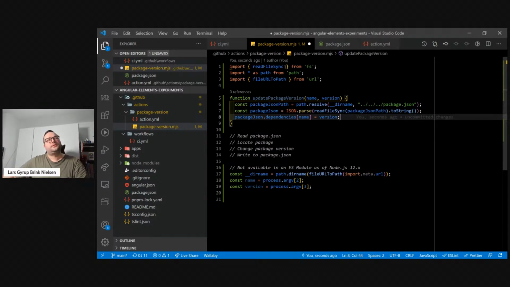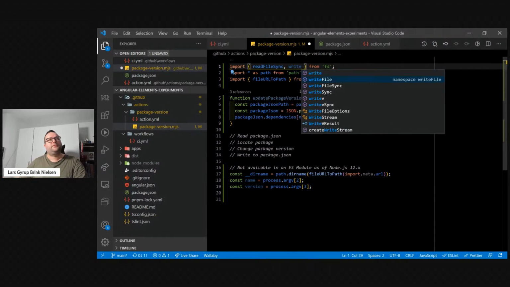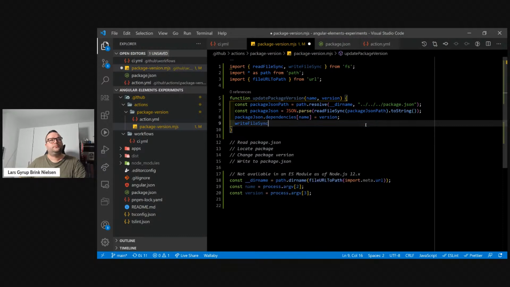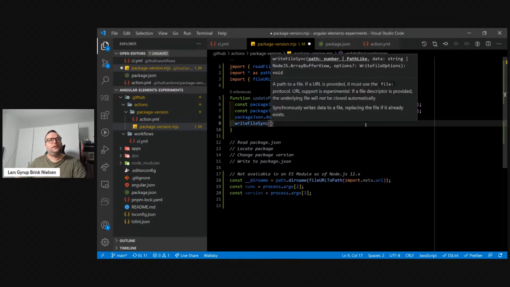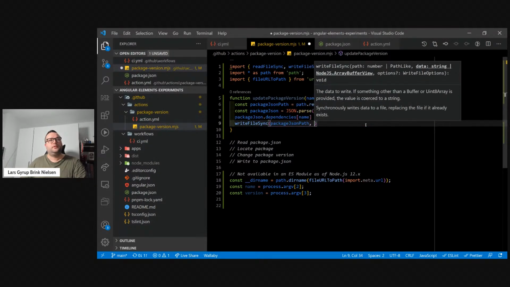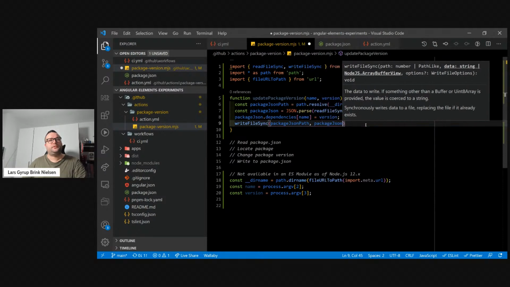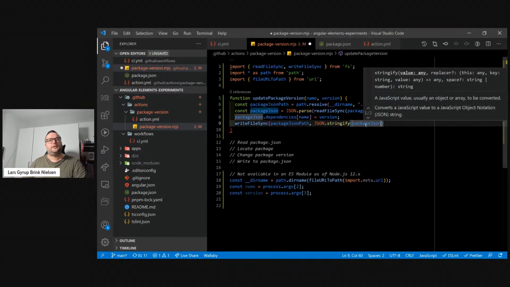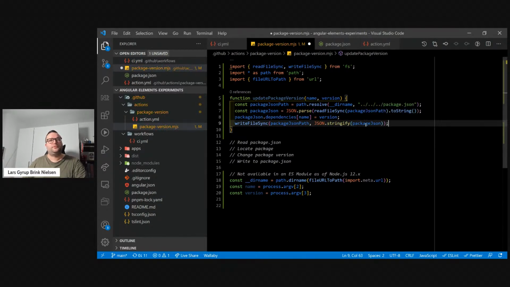So let's find the right file sync. And the package JSON path and the package JSON, but we want to JSON.stringify it. And let's not care about formatting here, especially since it's a thing that will be run inside of a job. It's not something that will affect our source code, but we could,